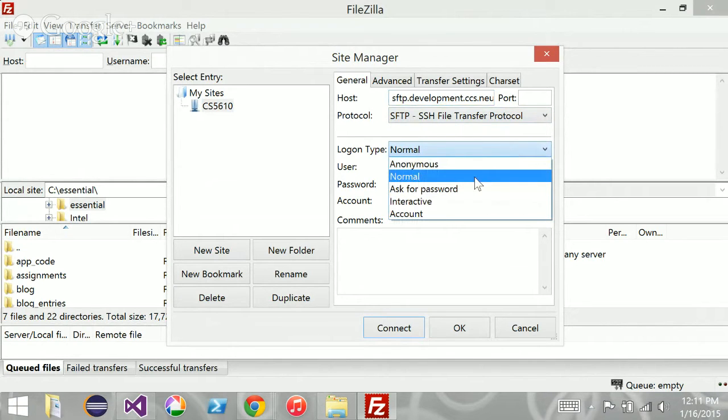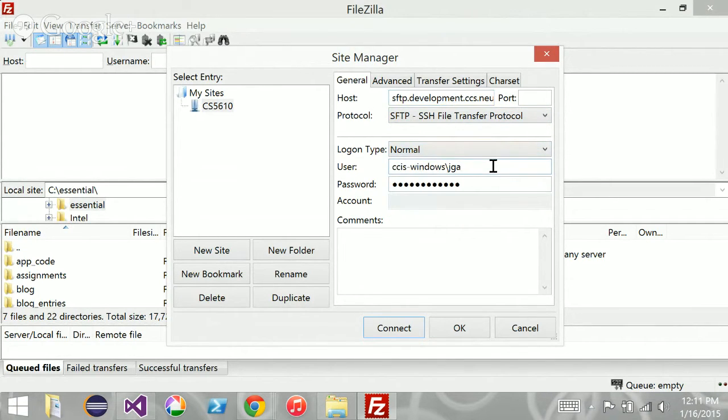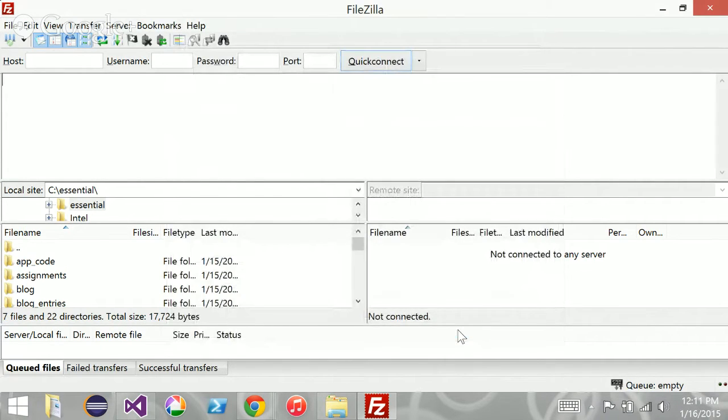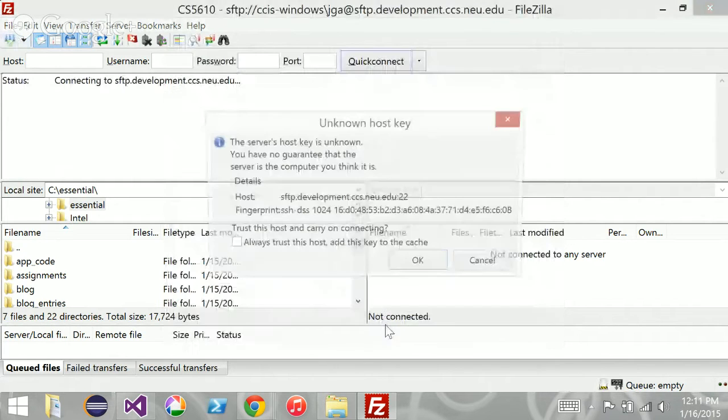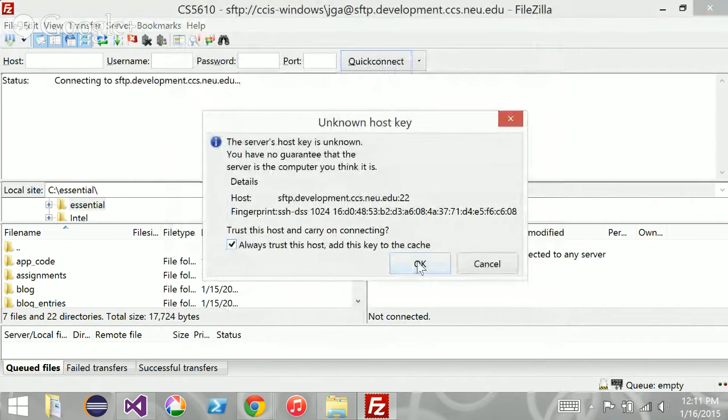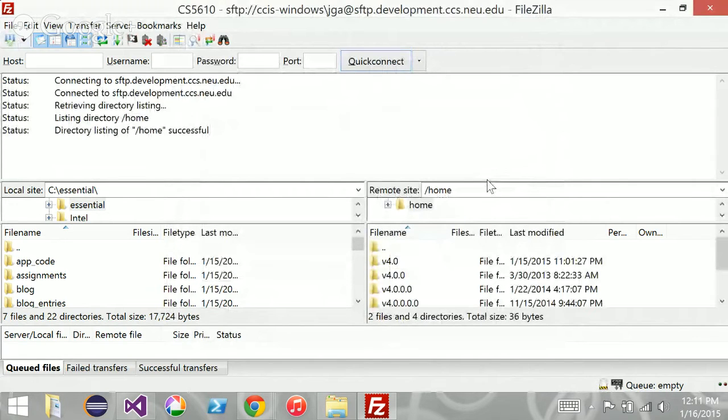Then logon type is normal, so that you provide your username and password. Your username will be ccis-windows/your username. This is the username that you used when you applied for a CCIS account, and then the password that was given to you. Once you do that and you say OK, and you connect, on the right-hand side, you'll see